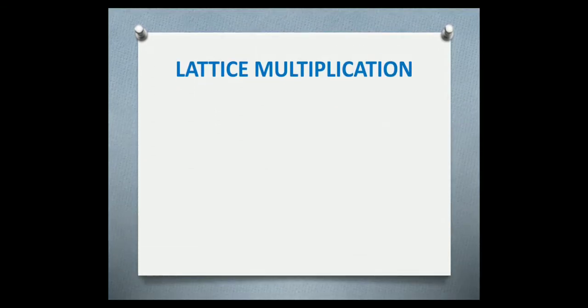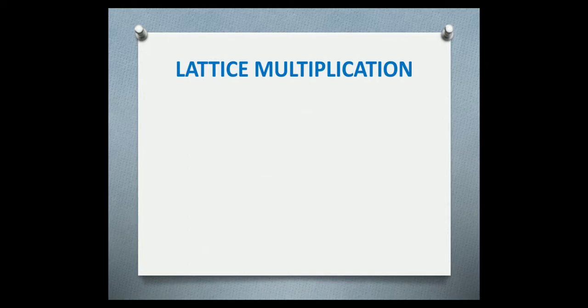The term lattice represents a structure made of long thin pieces of wood or metal that cross over each other. This regular pattern we call a lattice. Since we are using this pattern in multiplication, we call it the lattice method of multiplication. It's one of the oldest methods to understand the long multiplication process. Fine, let's get inside the video.